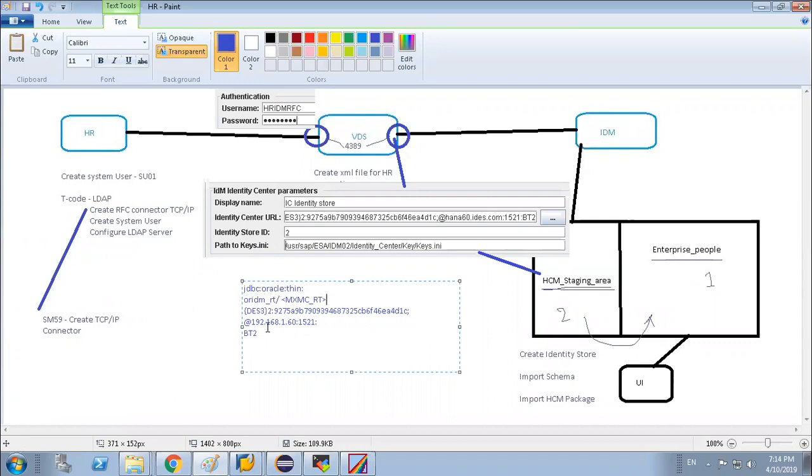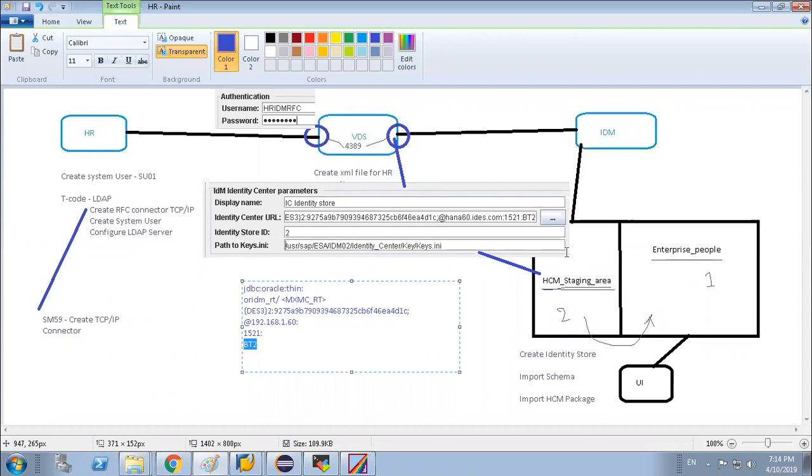Okay, and this is the host name where the IDM database is installed, this is the port of the database, and this is the database server name BT2. So all those database details we have given in order to connect this VDS and IDM.